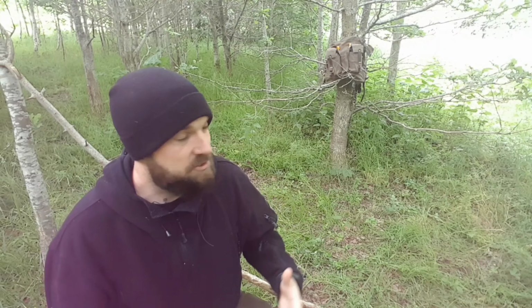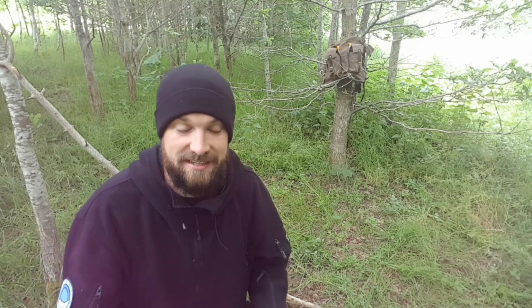When you're out in the woodland, Mother Nature will not always provide you the straightest sticks, and you might not always have all the tools. So what I thought I'd do today is incorporate some of the knife techniques that Steve Armstrong and T. Stott have shown on the Living to Learn community page, and make a kind of a swivel